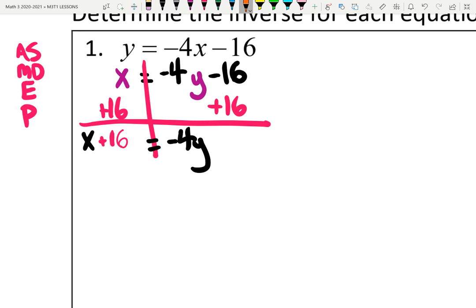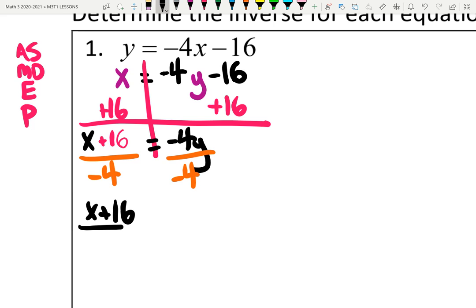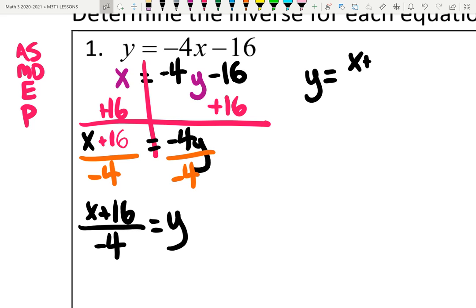Now, my second inverse, I'm going to divide by negative 4. I'm going to divide by negative 4. This is going to leave me with x plus 16 all over negative 4 equals y. I can go ahead and flip it, and I can leave my answer as x plus 16 over negative 4,